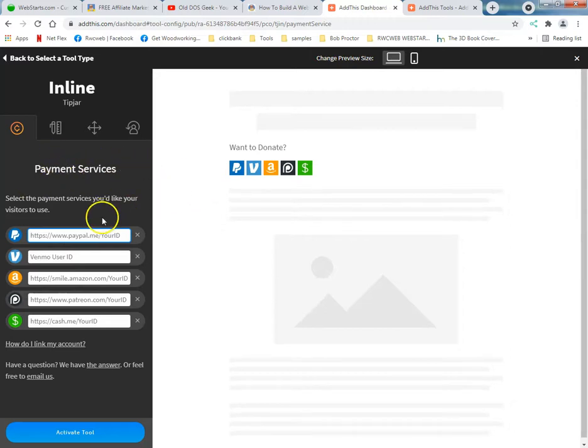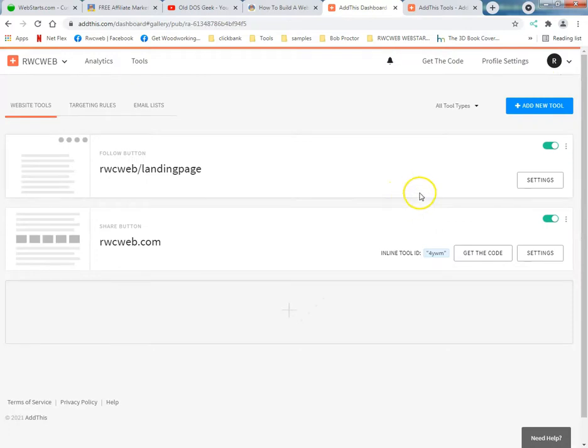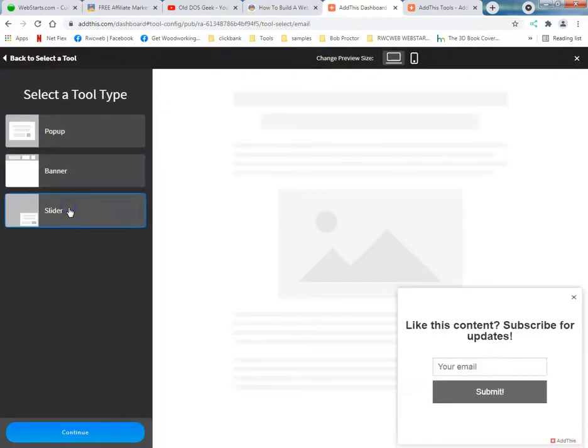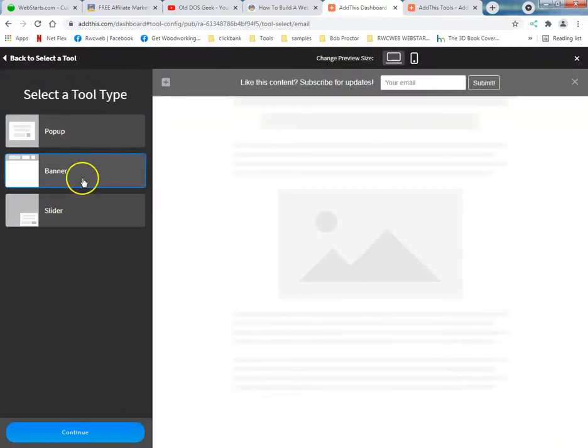They got a payment service here. Alright, they call it the tip jar. That I love. That I absolutely love. Okay. And you could link it, like when you do the list building. Okay, let's do it like this.